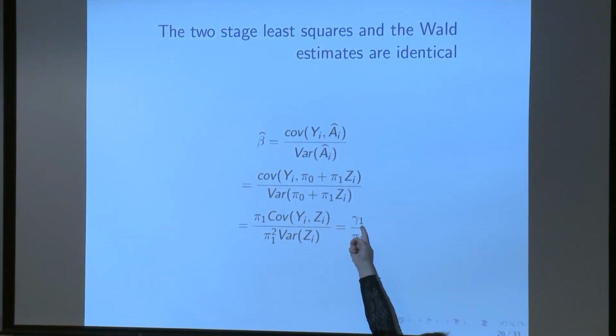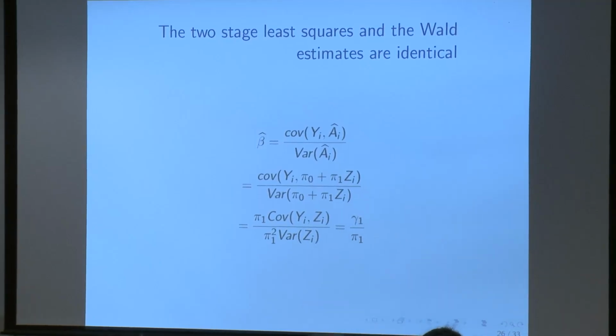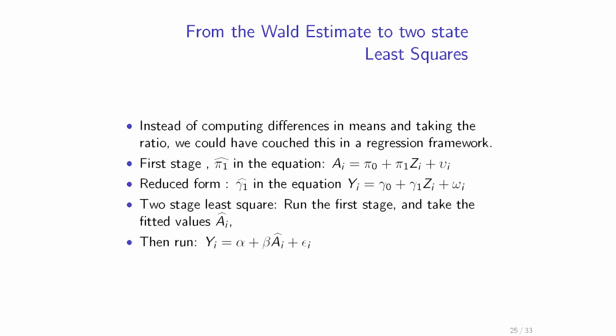So this is the ratio gamma 1 over pi 1, which is the ratio of the OLS estimates, which is the Wald estimate. Okay? So basically, instead of running the Wald estimate, we could do what is literally two-stage least squares. First stage, you run ai on the instrument. Second stage, you take the predicted value and stick it in there. And the nice thing about it is that you could do that even if zi is not 1, 0 anymore. You can do that for any type of zi, and that's called